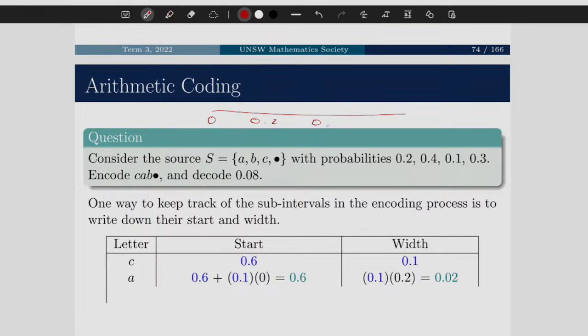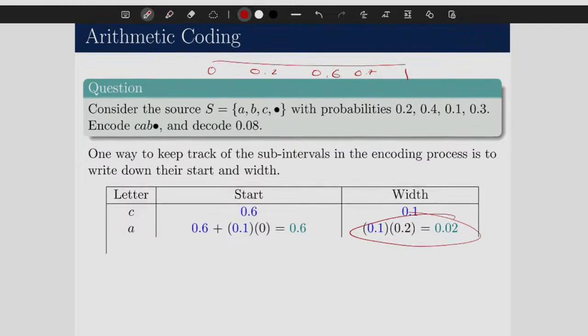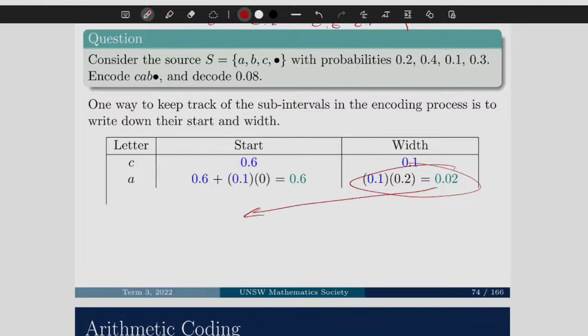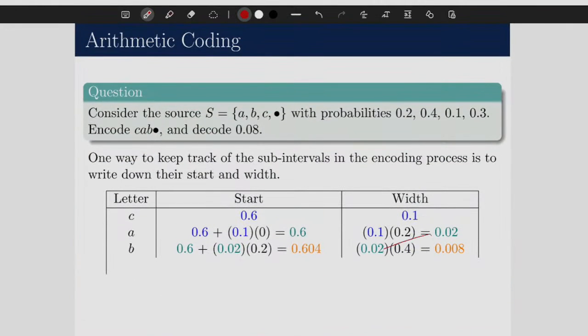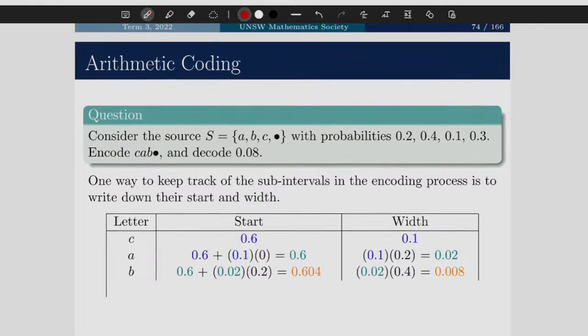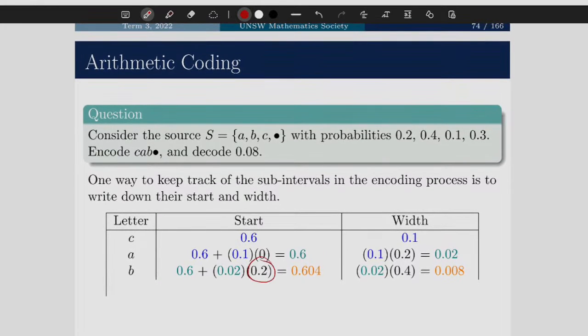Drawing this up really quickly again. I probably should have done this before, but oh well. If I have A, the start of A is 0, so we multiply this by 0. That gives us a new start, but the width of A is 0.2, so we multiply that on. Same deal, this width comes down to these two spots. We try to use colors to show what follows on. With B, we know the start is 0.2, and the width is 0.4, which will result in this.